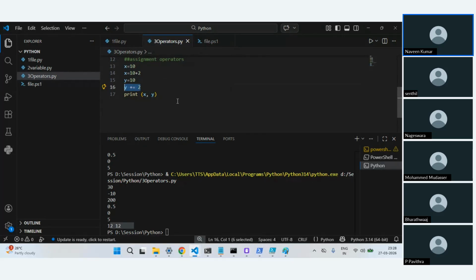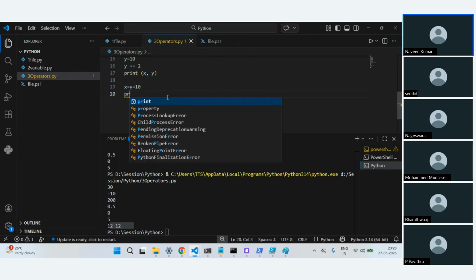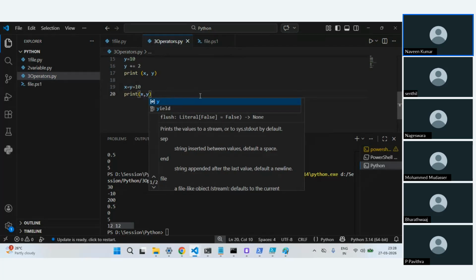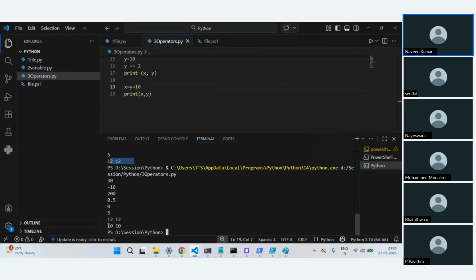Next, you can also assign multiple variables. Let's say in this case x and y both are 10. I can do something like this also, and I can just say print x comma y. It returns 10. If the same value is going to be assigned to multiple variables, maybe down the line it can get changed in your program, but you can also do it like this.